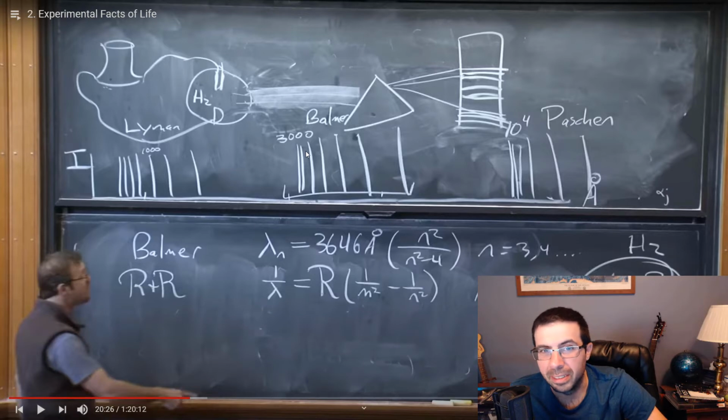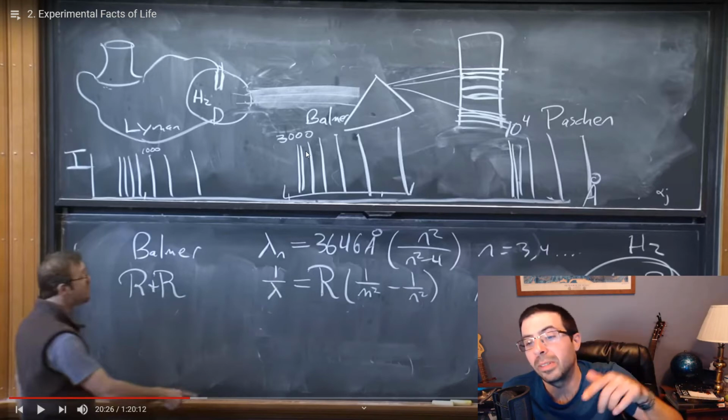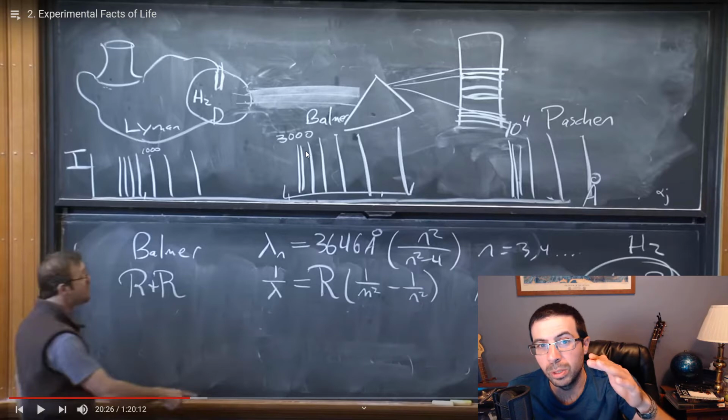So, like on Excel, you have a bunch of data, and then you put a best fit curve to that data. It doesn't mean that curve is representative of anything in reality. Like, for instance, Hubble's law. We saw a bunch of data, and then we put a line through that data, and then we got so much more data that we realized that the line that we drew wasn't actually a line.